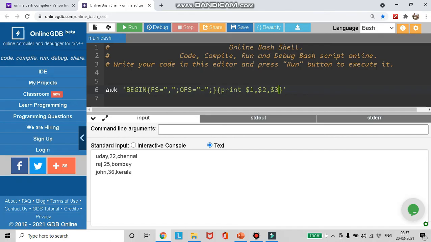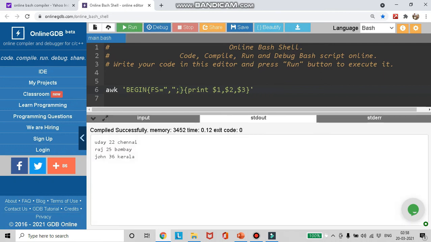Till now we saw the field separator, the output field separator, the $1, the $2 and the $3. The $1 specifies the first field, $2 the second field, and $3 the third field. If I don't specify OFS, by default it is a space. In place of these commas, a space gets printed.